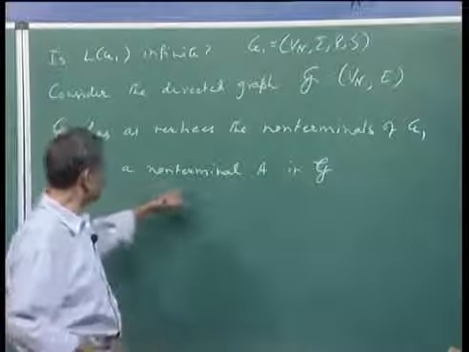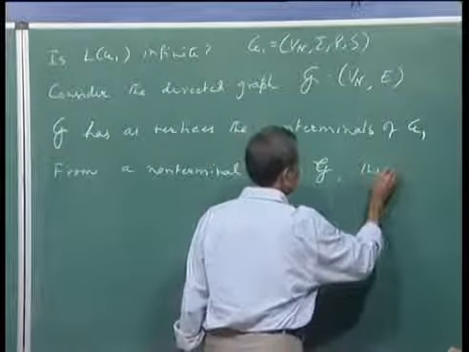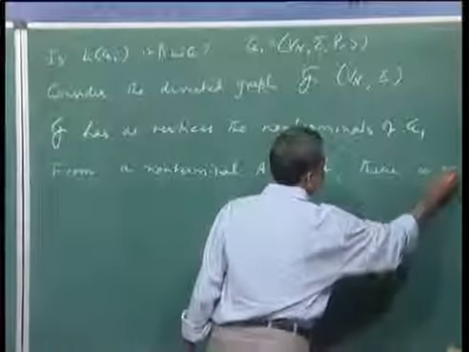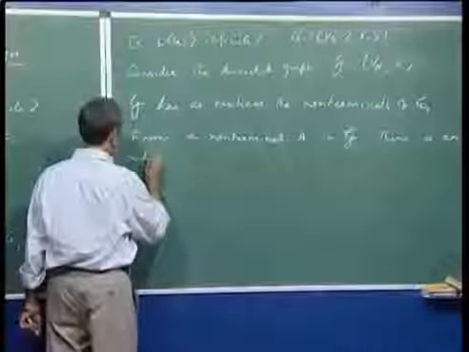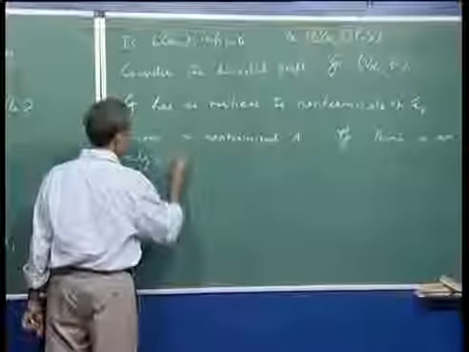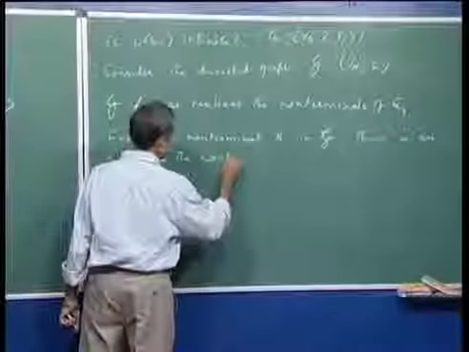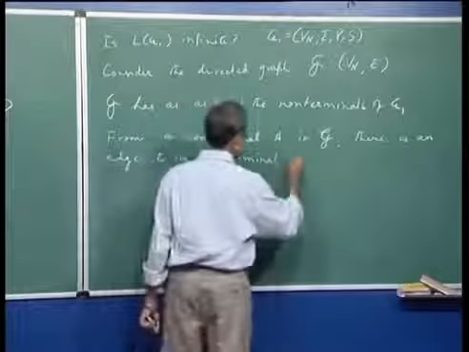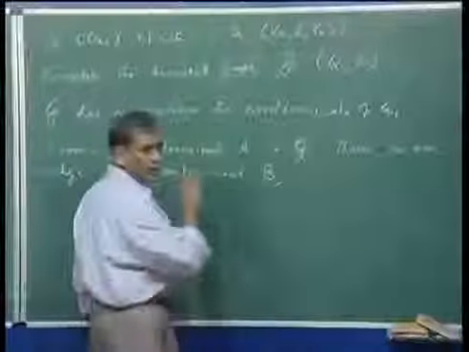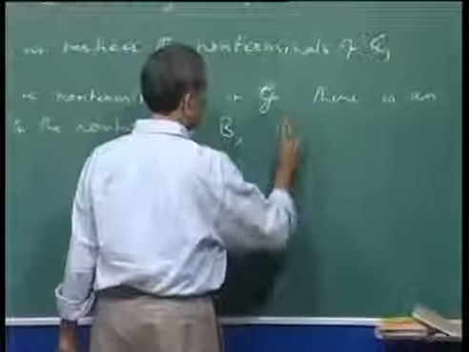So, from a non-terminal A in G, there is an edge to the non-terminal B in this graph that we are constructing if and only if there is a production